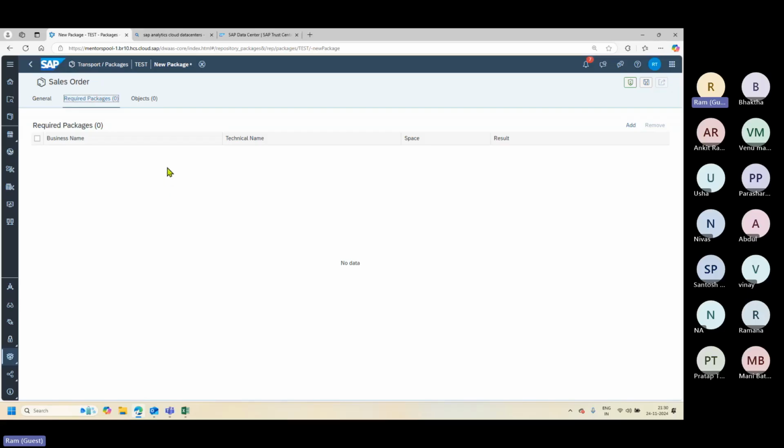So for example, I can collect all my connections, or I can collect all my tables into one package, and then I can collect all my views in another package. There is no reason to do it like that. I can collect everything in a single package also. But if I want to have a logical way, for example, I want to collect all the sales order header related information in one package, and then all the sales order item related information in another package, and then I know that without the sales order header, the sales order items cannot be